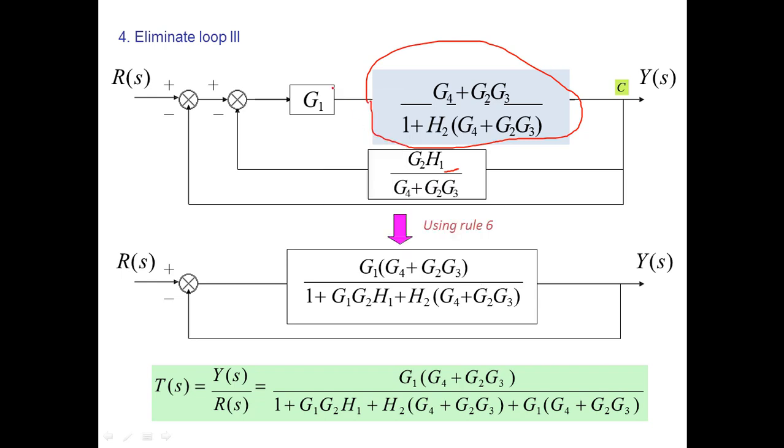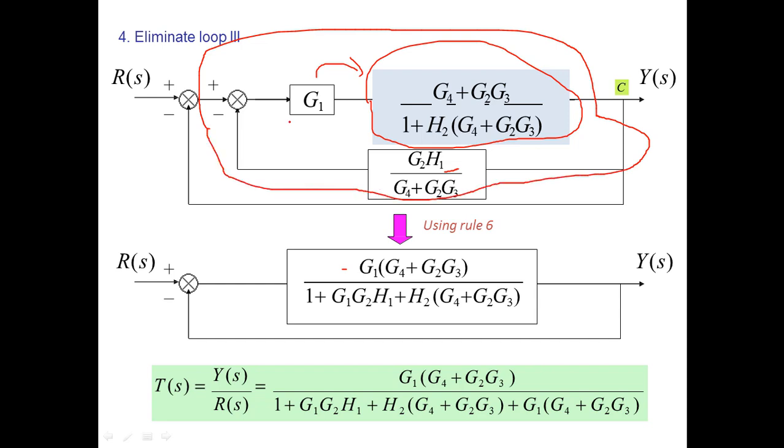So you will be multiplying this G1 with this side, so you will be getting G1 divided by this whole thing. And when you take the loop of this thing as well, you will be getting this thing divided by 1 plus this whole thing multiplied by this. So this G1 G4 plus G2 will be in the numerator, and this will be in the denominator as well, multiplied with the reverse path gain. So with the plus sign, because this is minus, you will get this kind of loop.